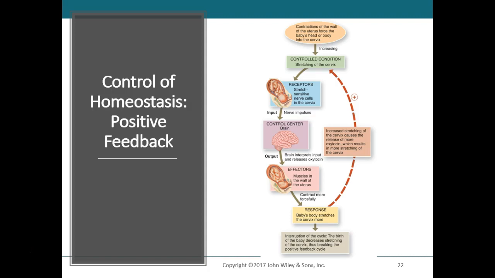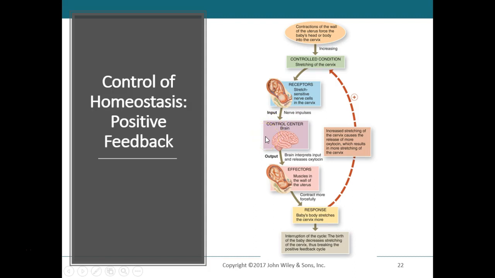So the uterus is where that baby is developing. And at the bottom of the uterus, there are a lot of stretch receptors. Those stretch receptors are nerve cells that detect when the uterus is being pushed on even more and stretched even more. So as that baby gets bigger and bigger and it gets closer and closer to time for delivery, that baby is pushing more and more and more on the cervix. Okay? So pushing more and more and more on the cervix causes those nerve impulses to be sent to the